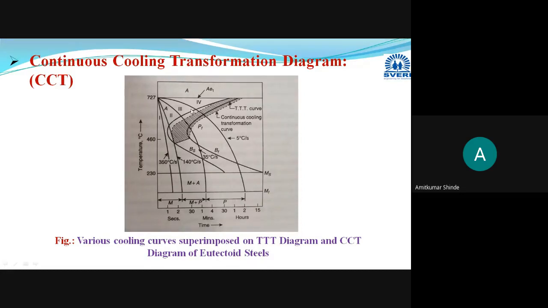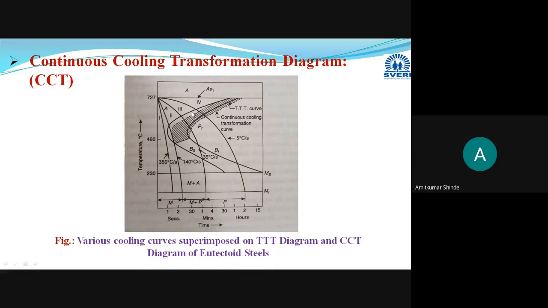This darker curve is the TTT curve. The darker curve will be TTT, and this dotted portion curve remaining will be the same. This dotted portion curve is the CCT curve, the continuous cooling transformation curve. Whenever you are using continuous cooling, this TTT curve will be shifted